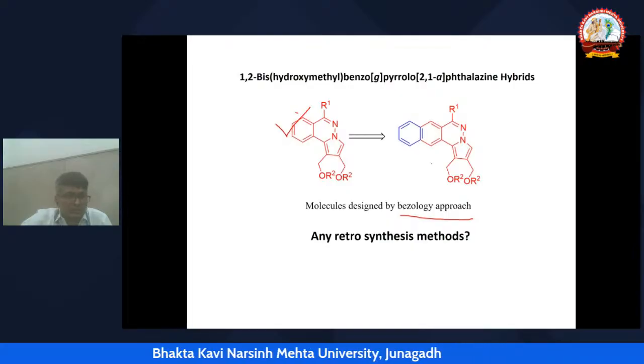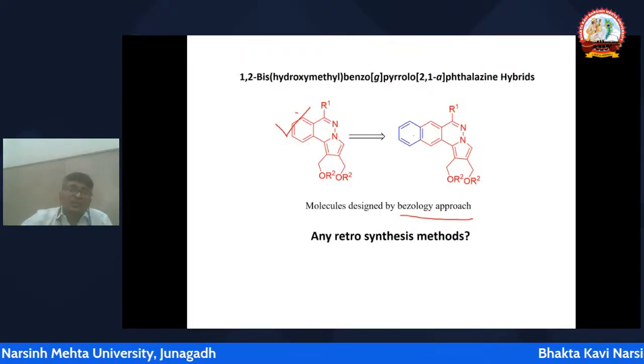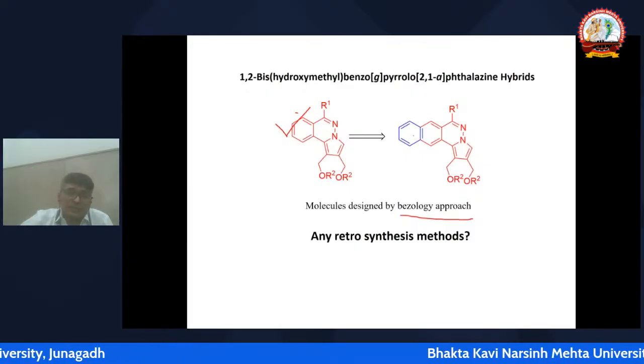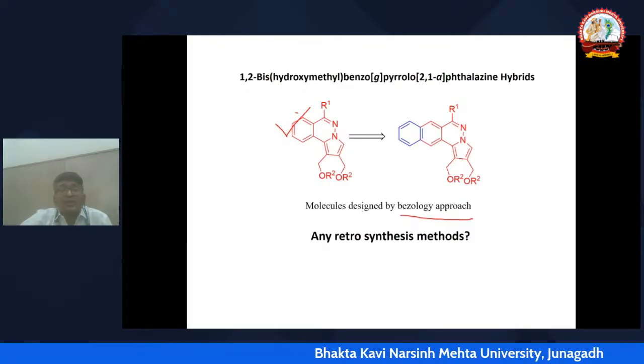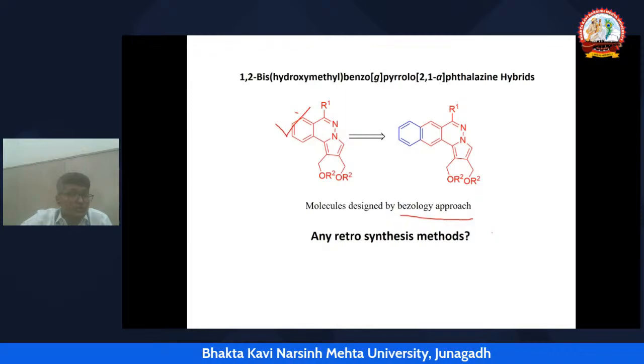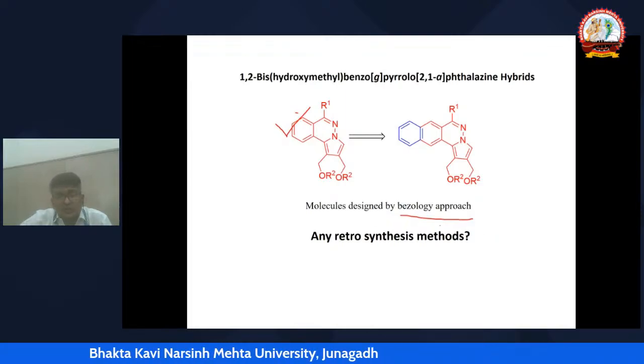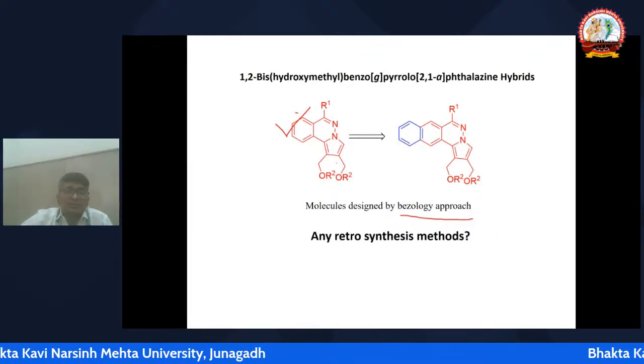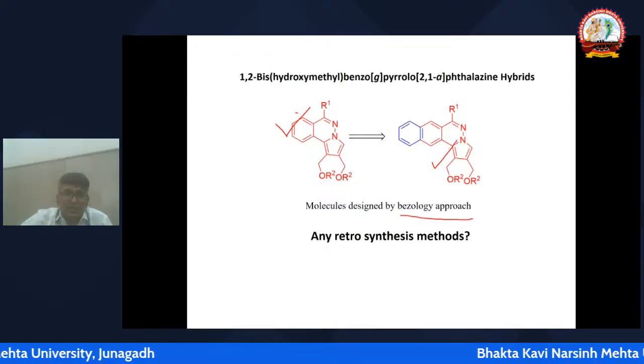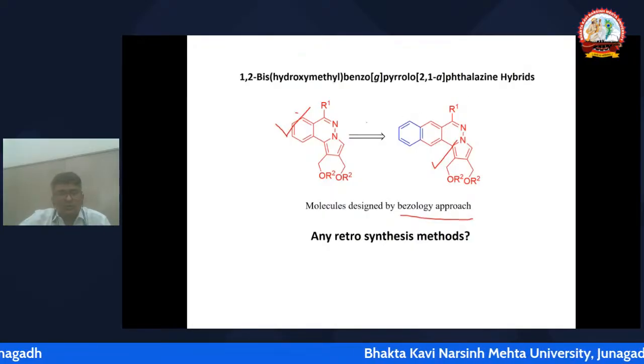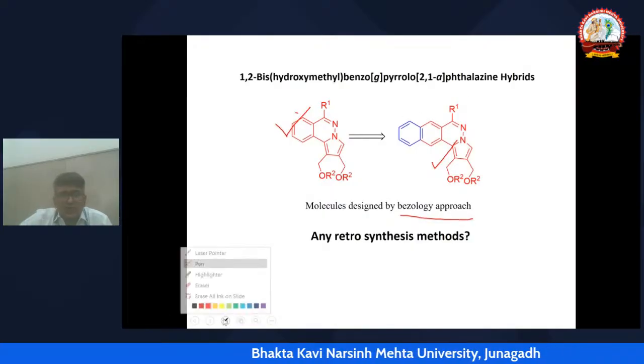So this comes to our mind, and we have modified these molecules. Now again, we have a new task: how we can synthesize these molecules, and whether any retrosynthesis method for these compounds is possible or not. These are our target molecules now. So we have designed